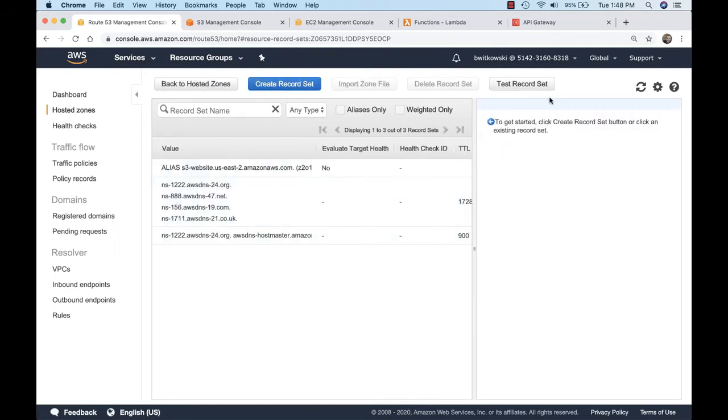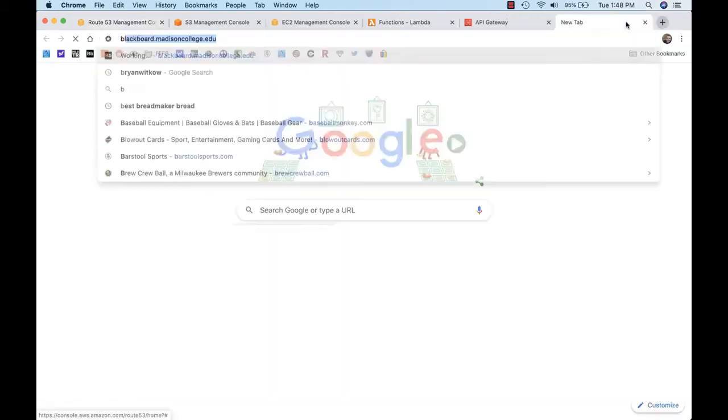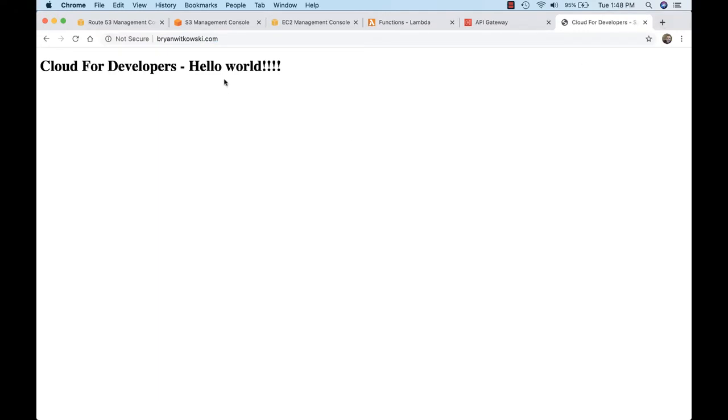Okay, so now what I want to check is, if I go out to a new tab and go to brianwitkowski.com, you'll notice that I am getting Cloud for Developers, and you can see it's this S3 title. So we're rendering that out. We can verify that that's working by